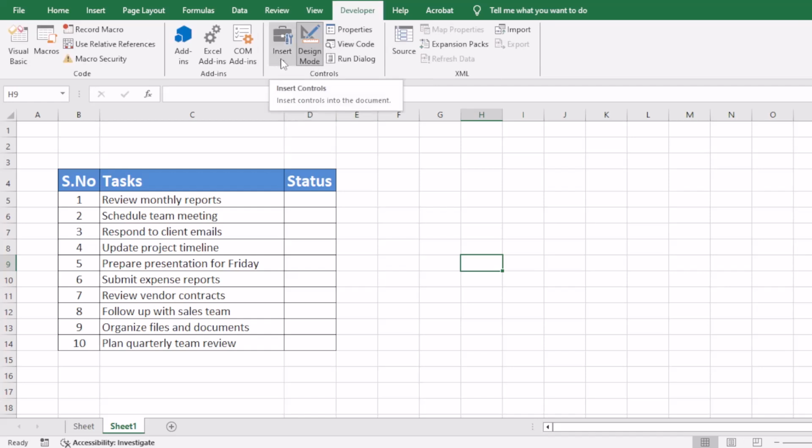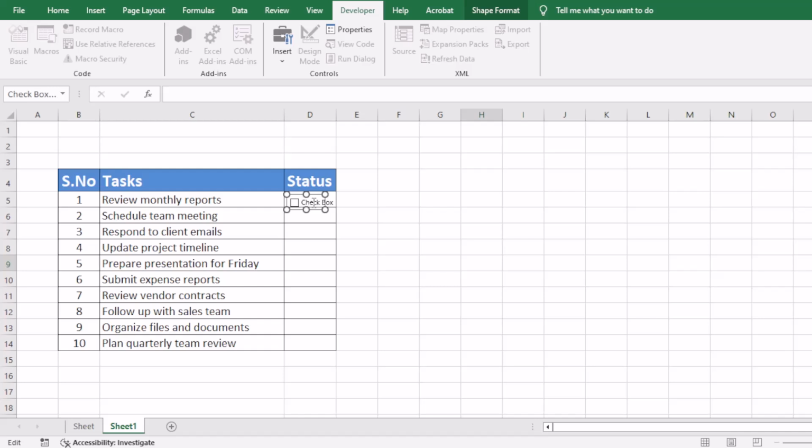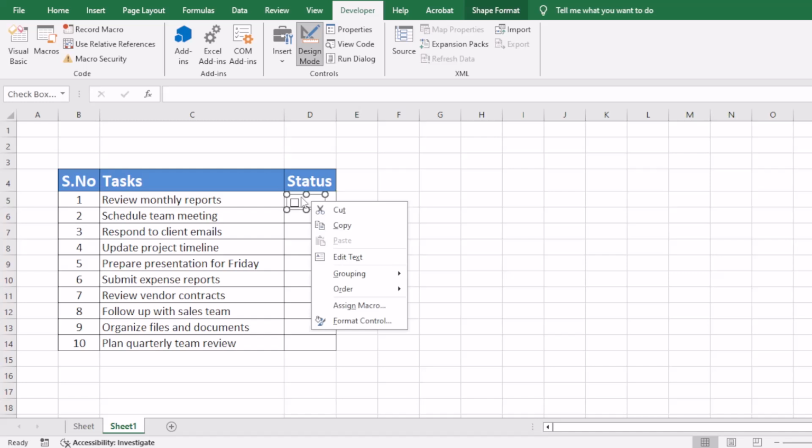we will come to the insert option, and here we have this checkbox. We will click this checkbox, and here we will select this checkbox. We can remove the text. Okay, text is removed, and now just right click and again click, and here we will adjust the checkbox based on